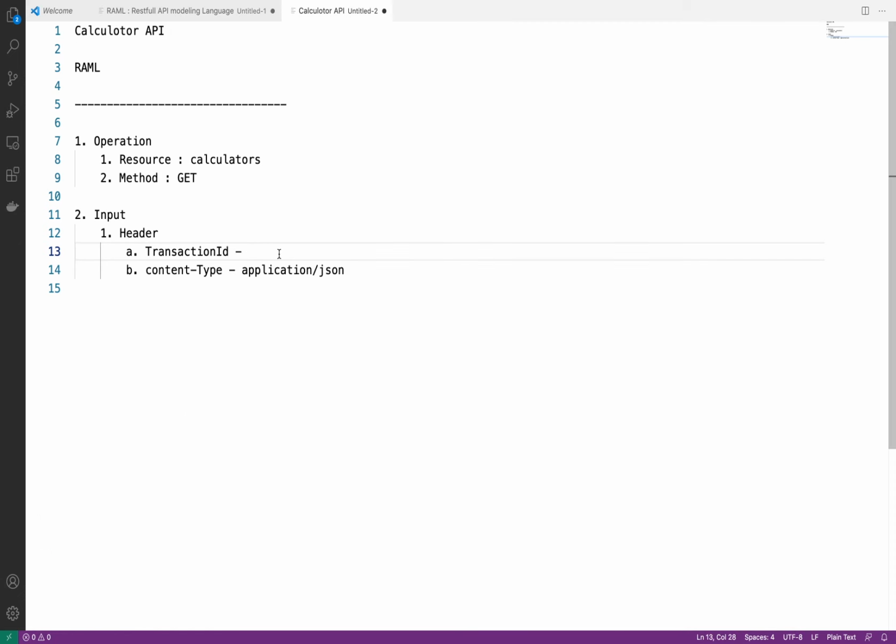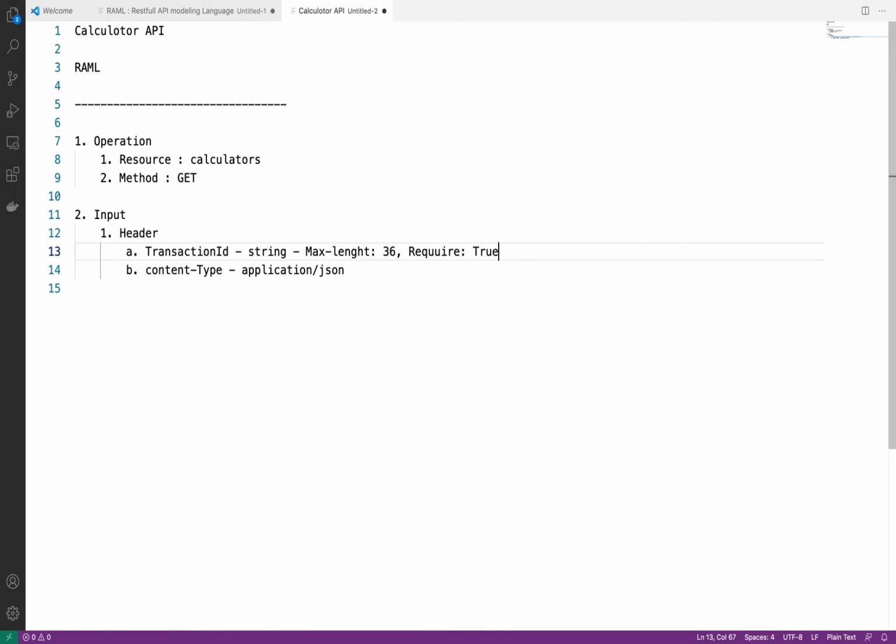Actually, we have a fourth component, underlying data type, which we will define in parallel. So transaction ID will be of type string. What will be the length? Max length I will define as 36. Required and all those things will come inside the underlying data type.